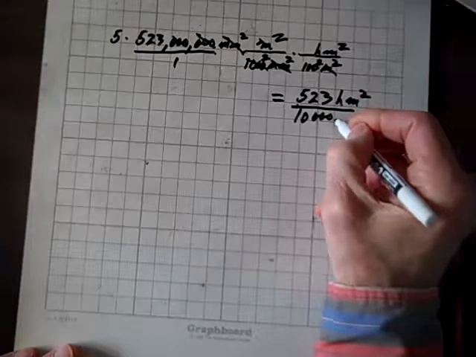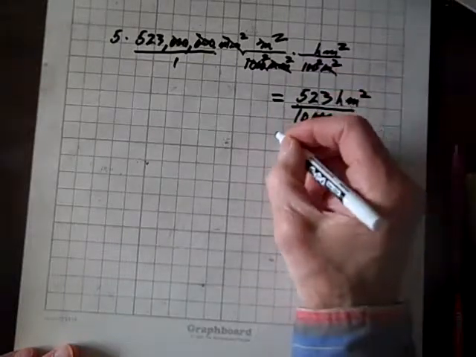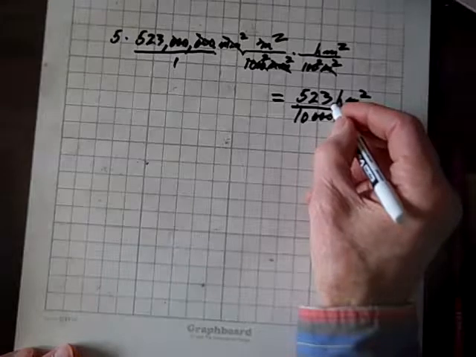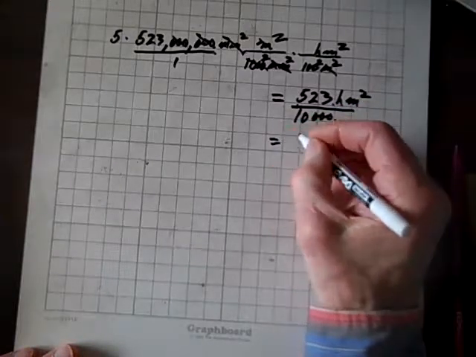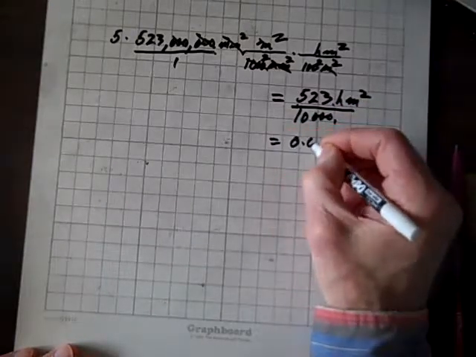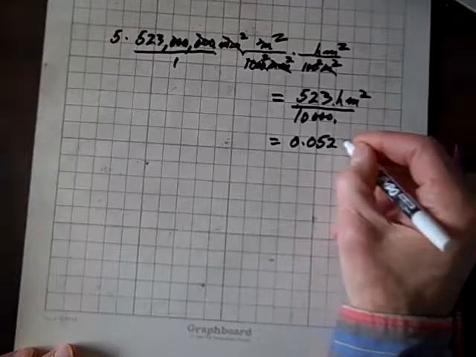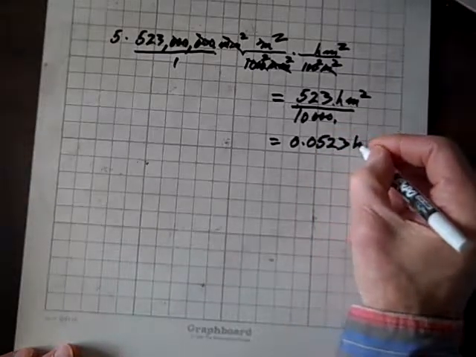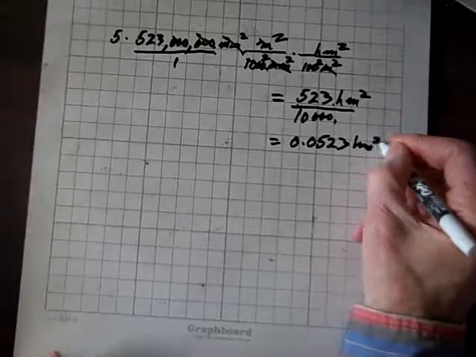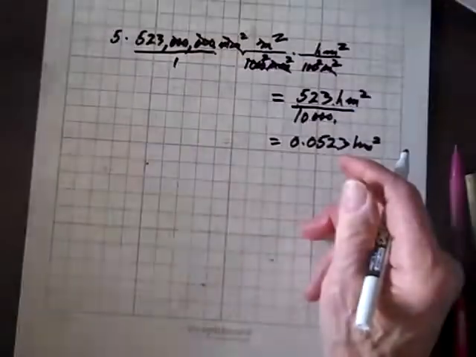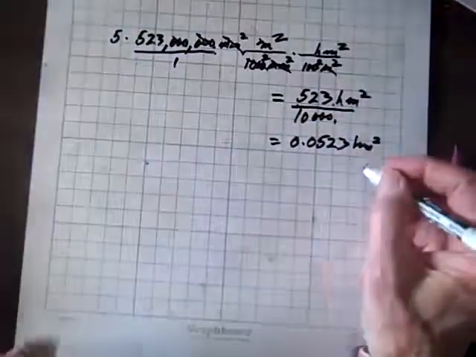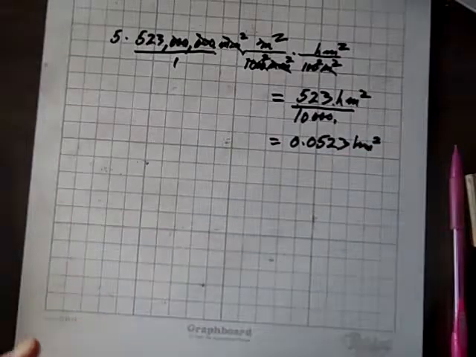And if we move this decimal over to the left 4 places, we get 0.0523 square hectometers. Good. Let's stop and